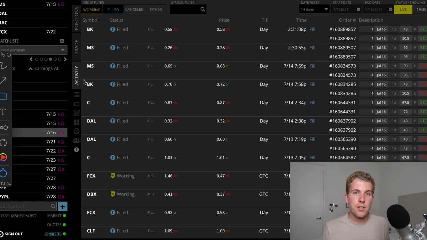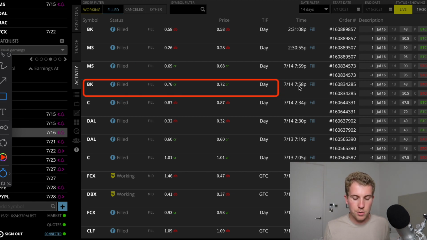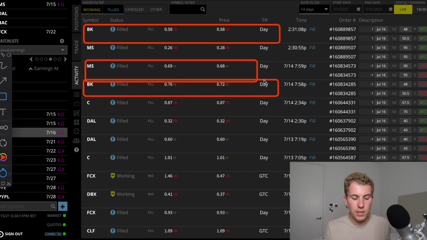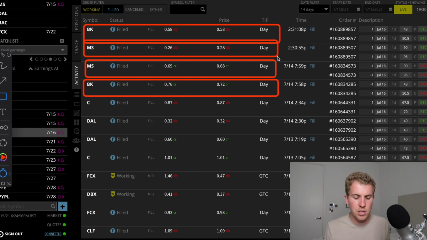And that just works. Another example of that is the ticker BK. You see that on the 14th of July, I sold a short strangle collecting 76 cents of credit. And today, 1 minute after opening, I bought back my short strangle for a tiny profit here. But I also did it on Morgan Stanley yesterday, and when I opened it, I made around 70% profit, so a lot better than BK. So you see that this is basically the profits that I'm getting.